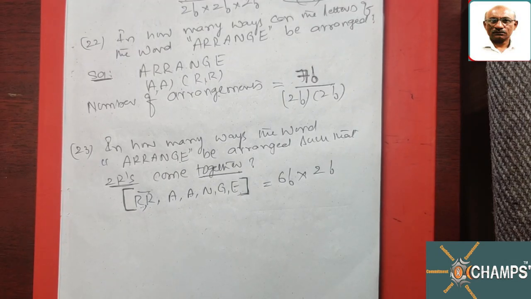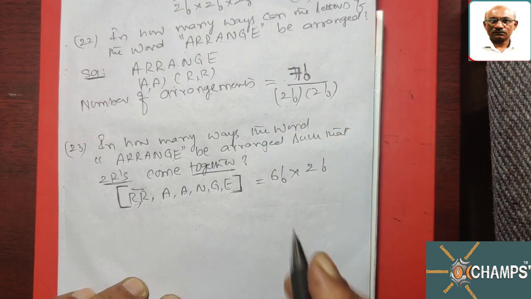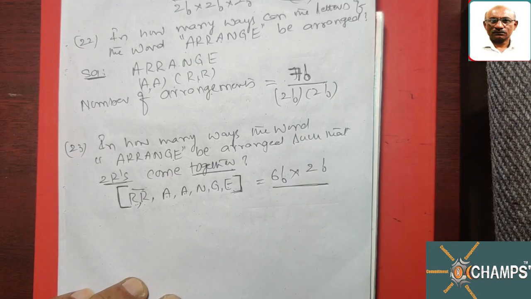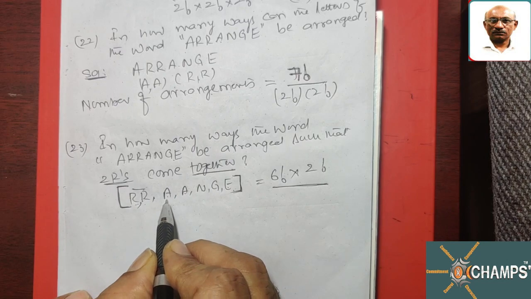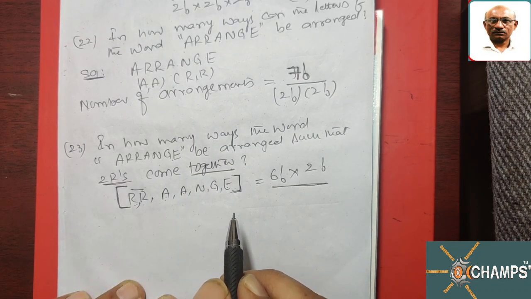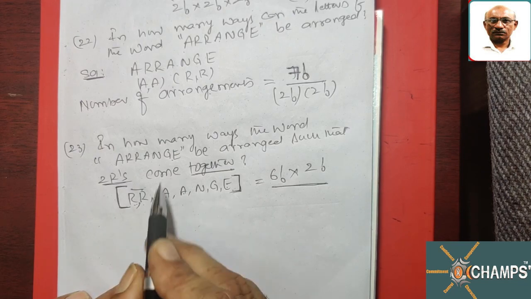This is the answer to the given question if the letters in the given word are distinct. But here repetition is there. So to avoid the double counting, this is divided by, with what figure? I'll see the question again. How many letters are repeated? And each one is repeated how many times?